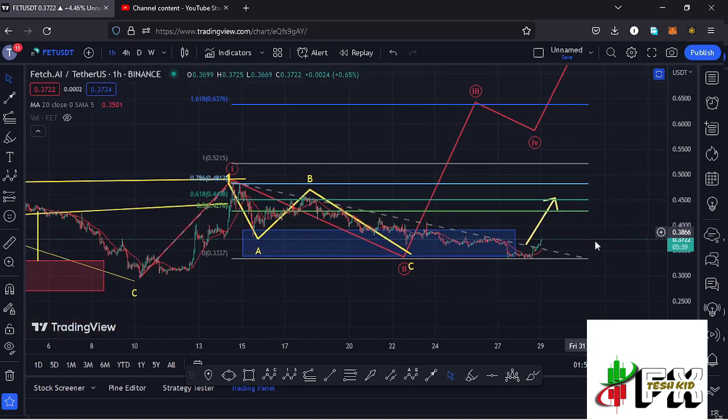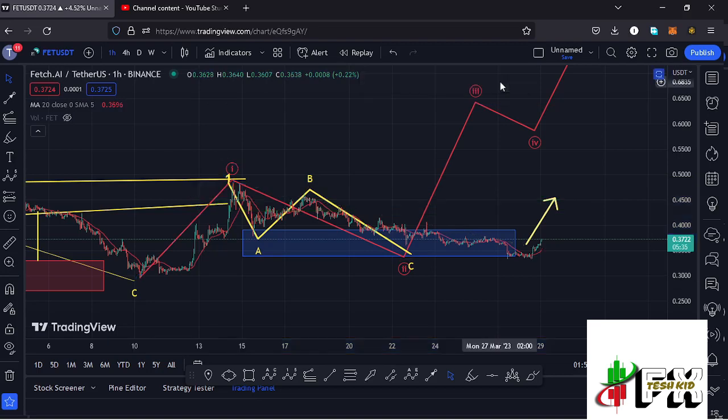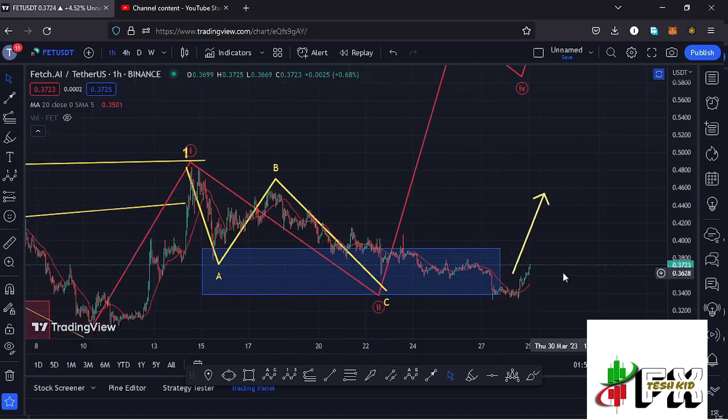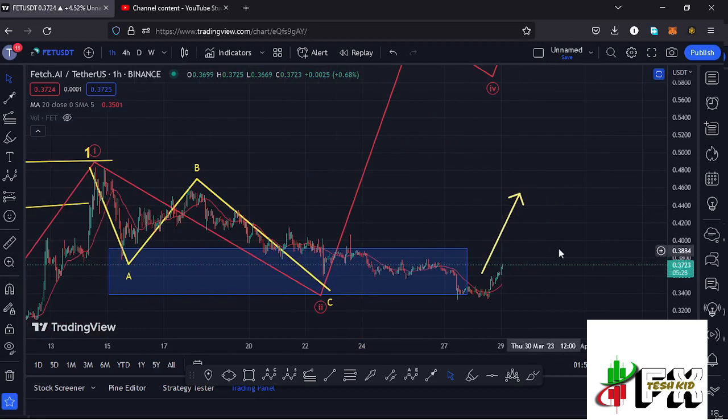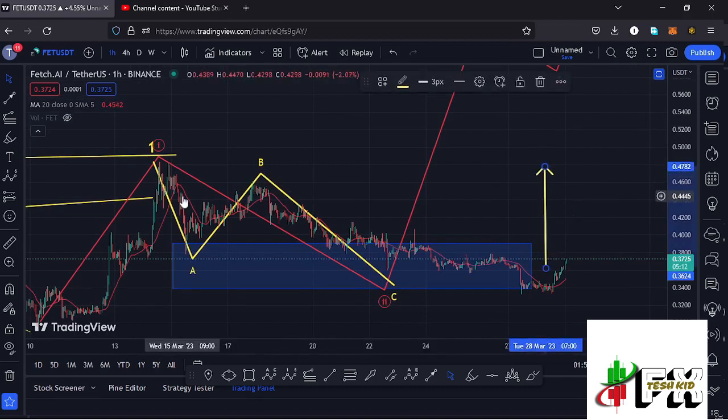And for that move to also play out, there are key movements that we need to continue watching. We need to continue holding above the 20-day MAs both on the 1-hour chart and also on the 4-hour chart, so that they can continue giving us the support that we need to see a break above other significant highs, like the high that we made in this wave B at around the $0.4626 mark, and a break above that will give us the support that we need for us to see a break above the wave 1 high, which lies at around the